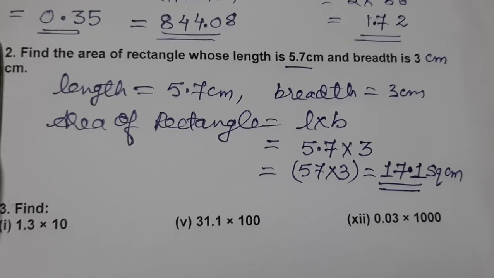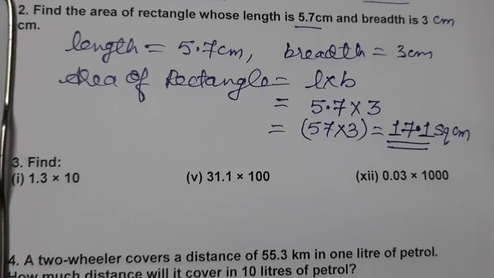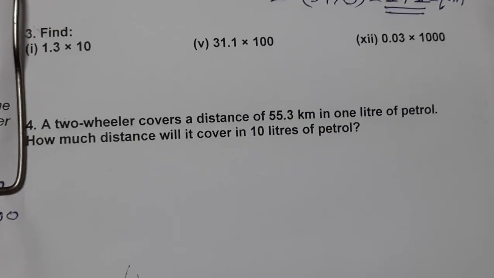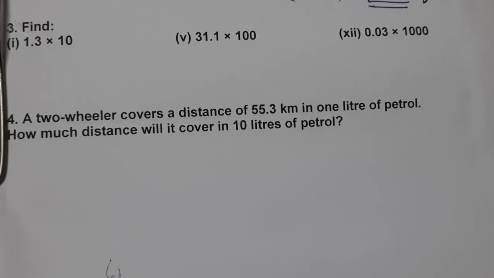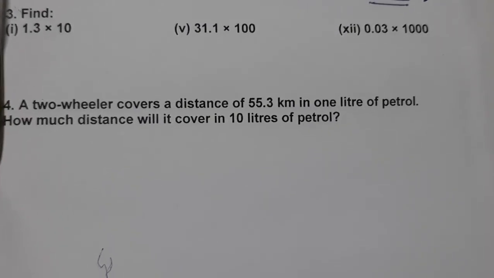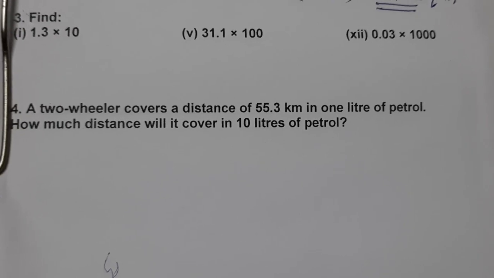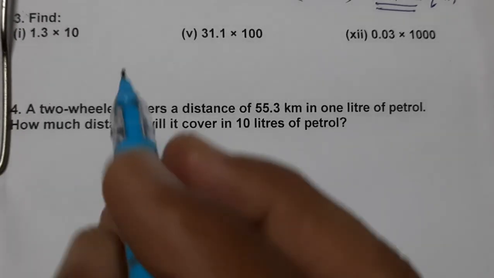Now we are going to multiply. What are we going to multiply, children, now? We are going to multiply decimal numbers with 10, 100 and 1000. And I am doing 3 questions, so the remaining questions you do. I am doing only 3 questions with 10, 100 and 1000. As you know, it is very easy. So the remaining you try yourself.